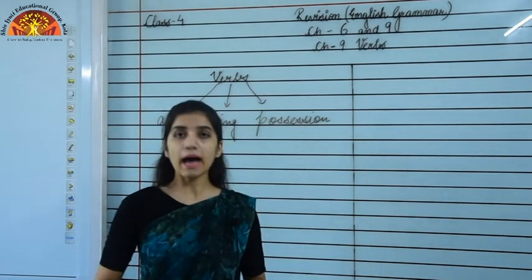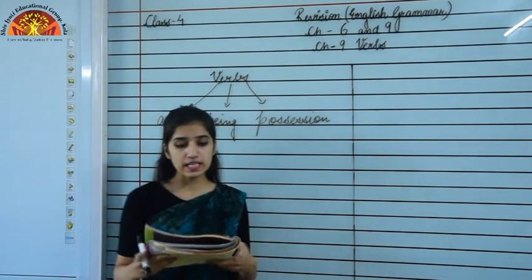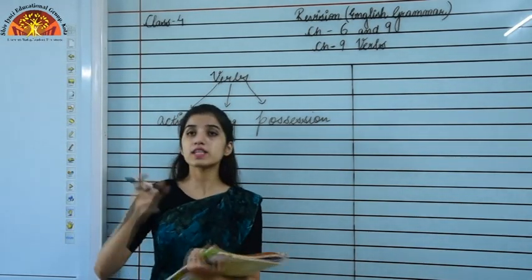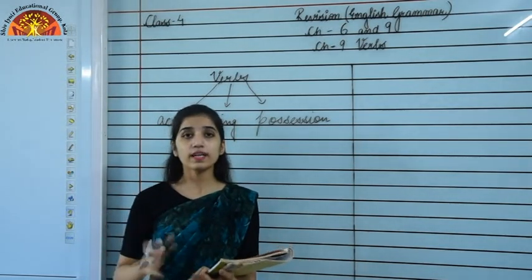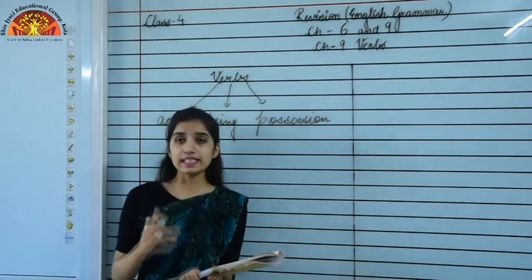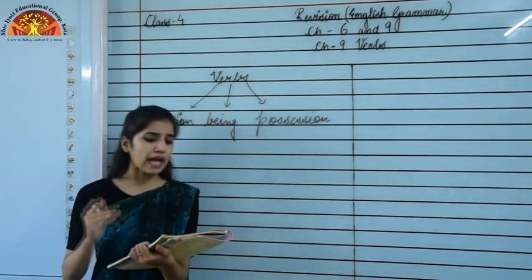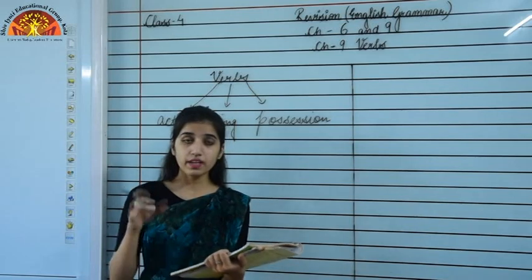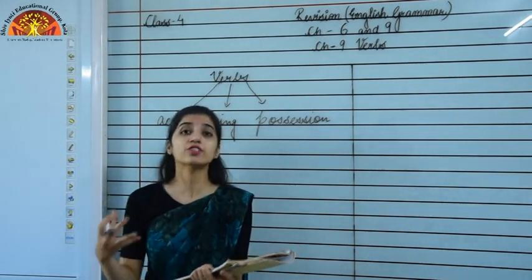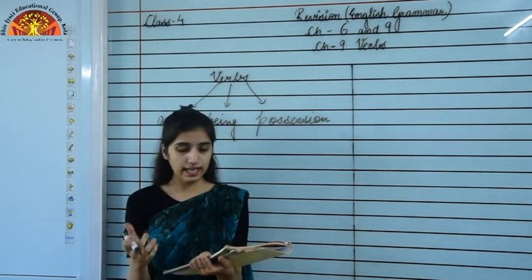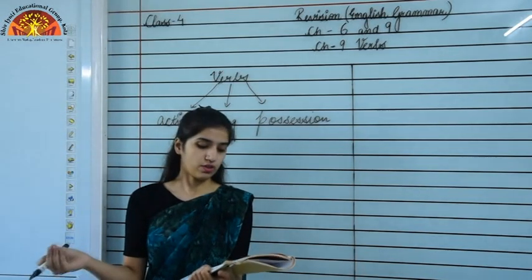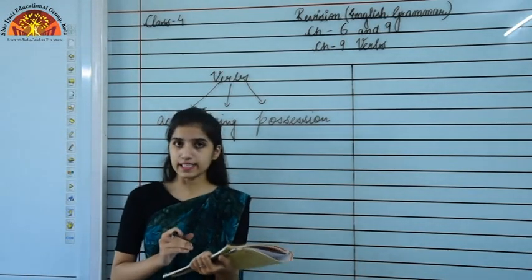Okay, in your book an example is written: Azhar is a boy. Here we are just talking about what the subject is. So it's expressing being. And in the next sentence you can see, I eat an apple every day. Here eat is a verb and eat is expressing an action done by the subject. Okay, so eat is expressing what? Action.